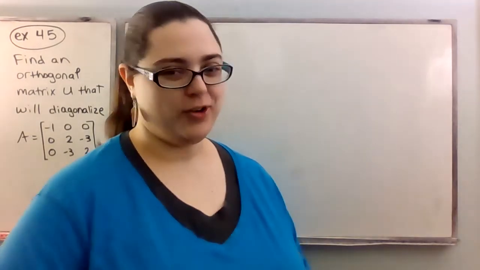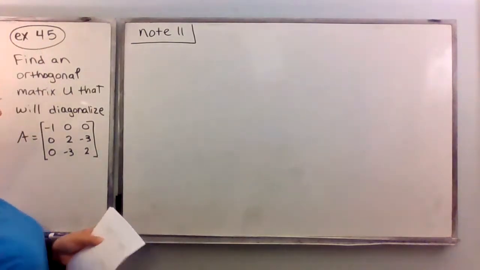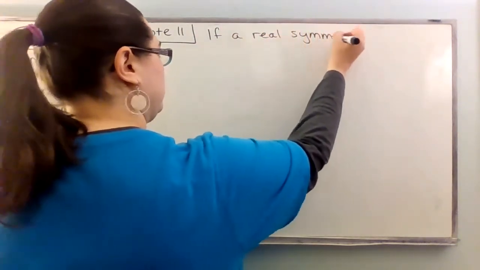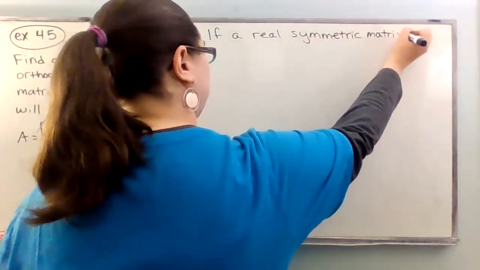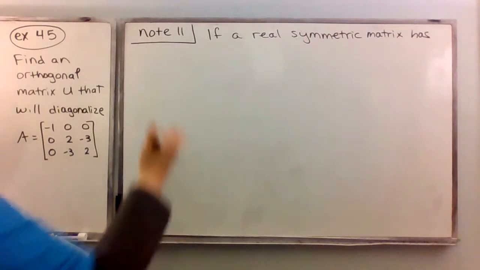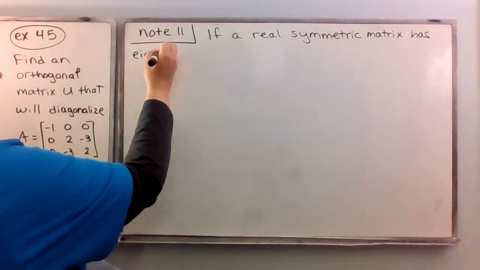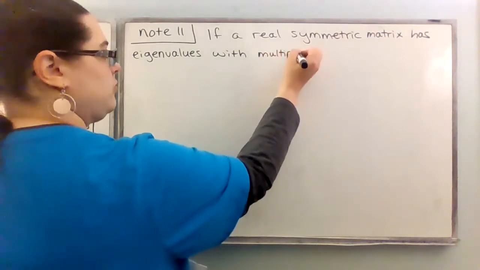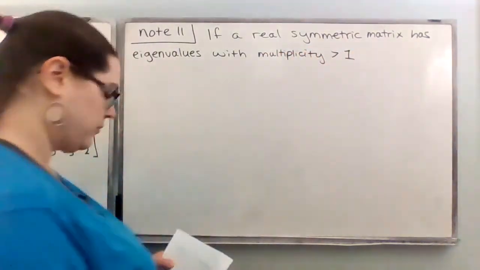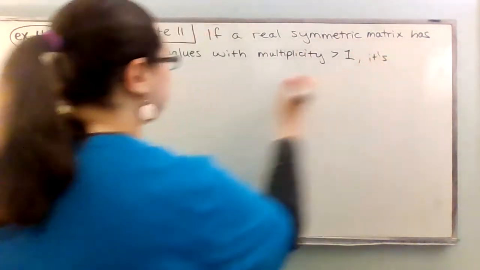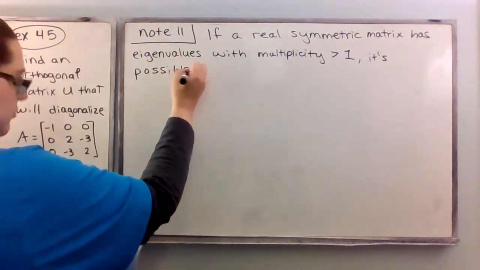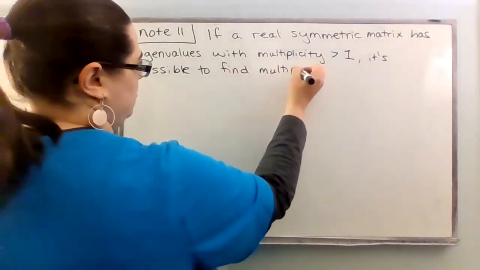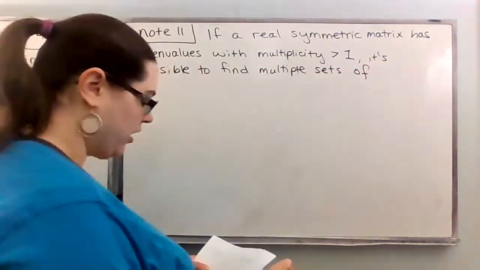Alrighty, so let's formally write up that note that we were just discussing. So this is note 11, and it says, if a real symmetric matrix has eigenvalues with multiplicity greater than 1, it's possible to find multiple sets of orthonormal vectors